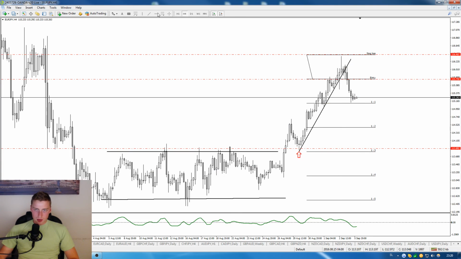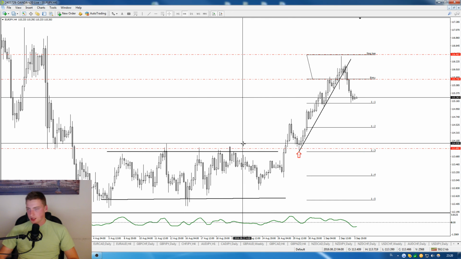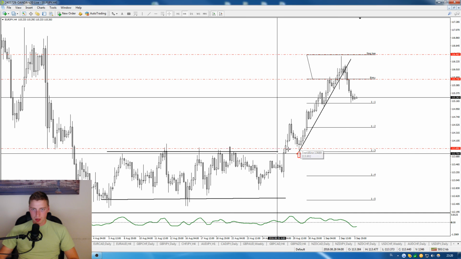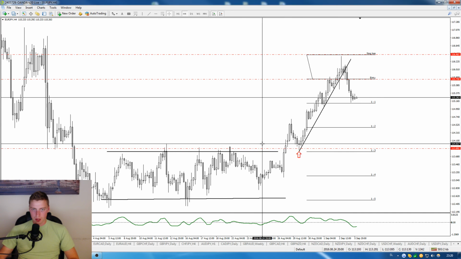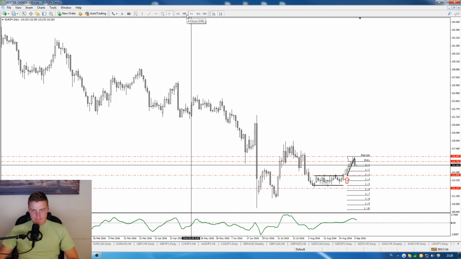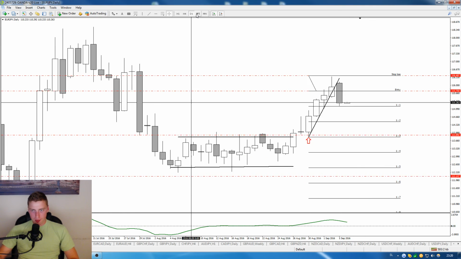Euro yen, still long from up here. So it is a very textbook setup. Resistance acts as a support, so higher high, higher low, broken channel. Yeah, that's it. Right now we've got a pretty bearish